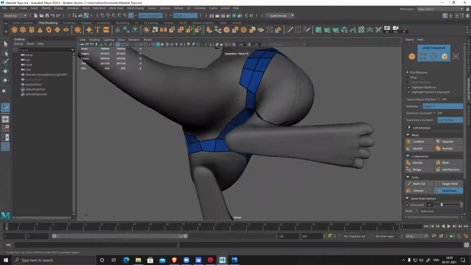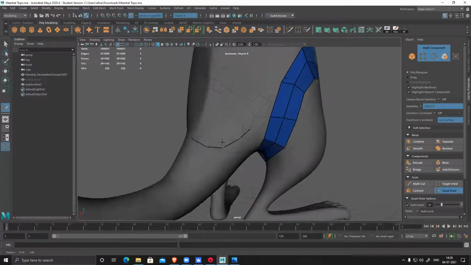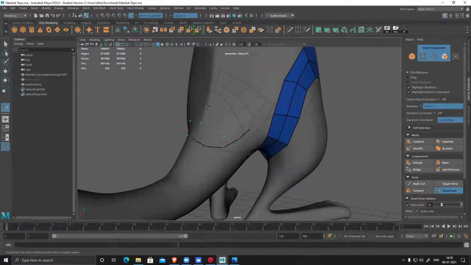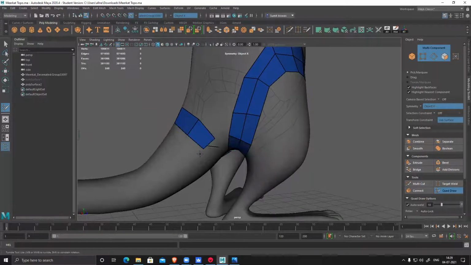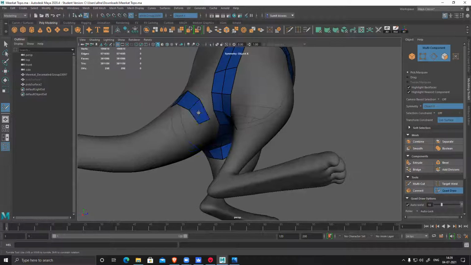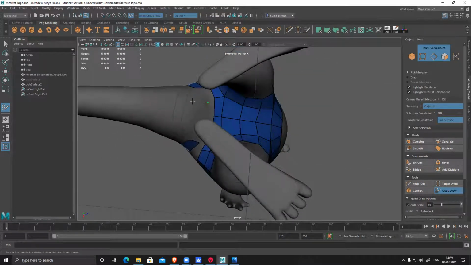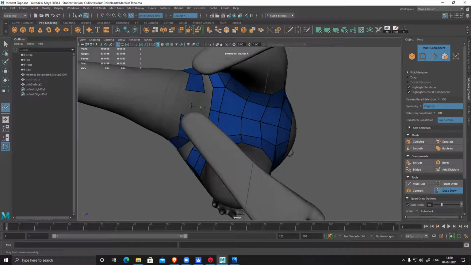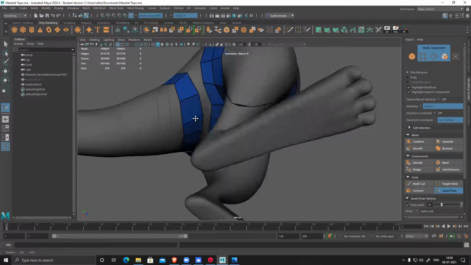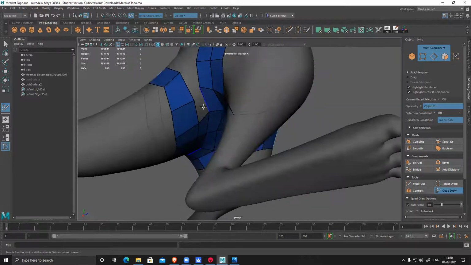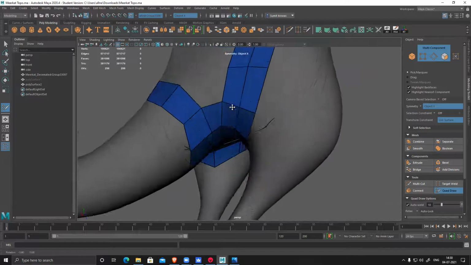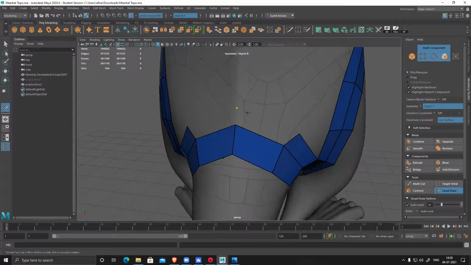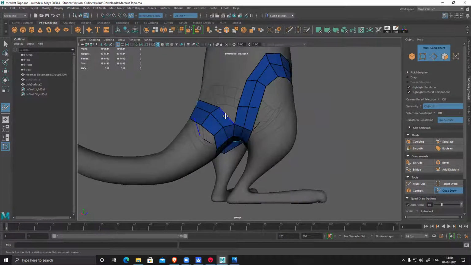Here it will all continue. Like first block out those rings and then try to connect.